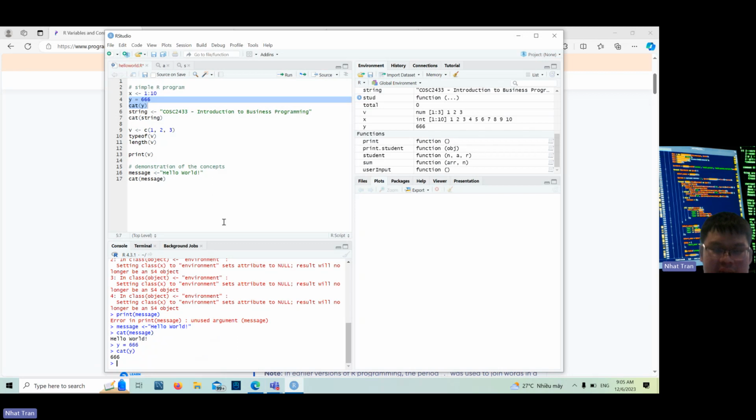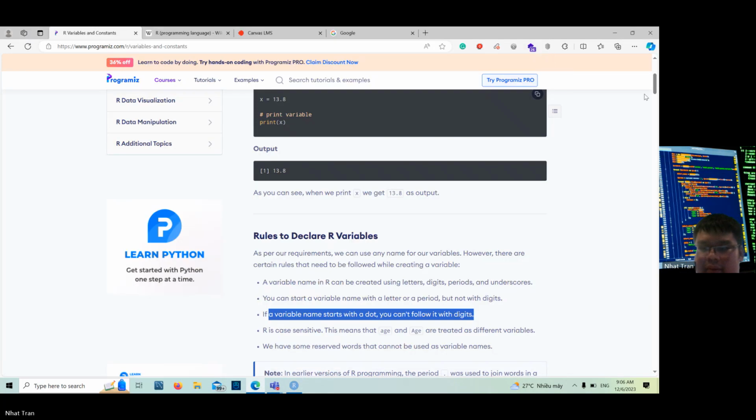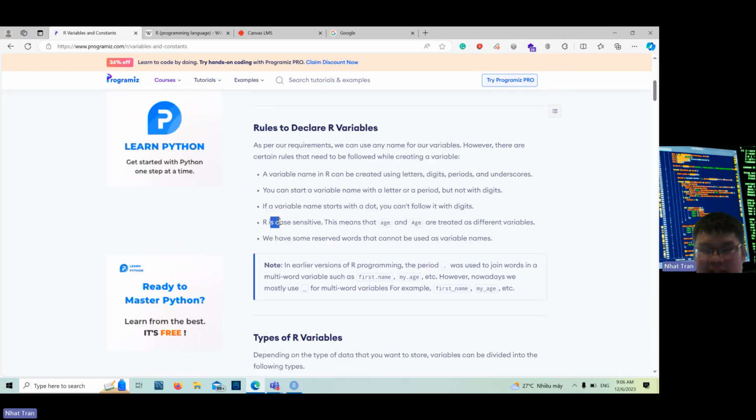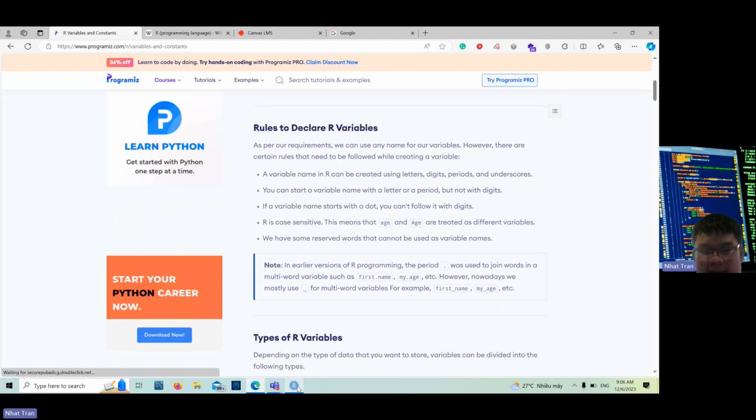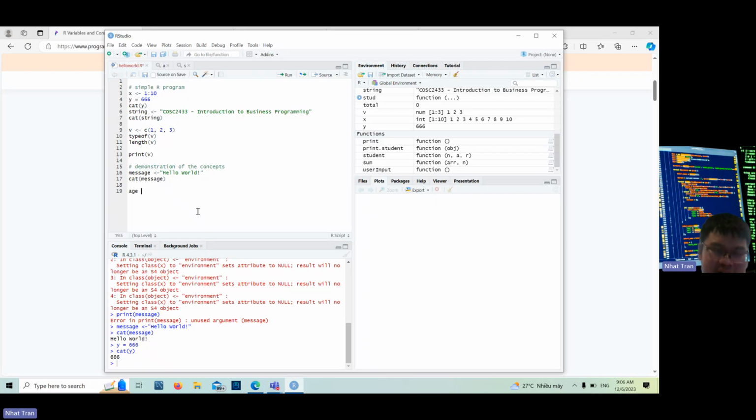For example, if your variable is this, you can do this, but not this. And R is a case-sensitive programming language. This means that age and Age are different variables,